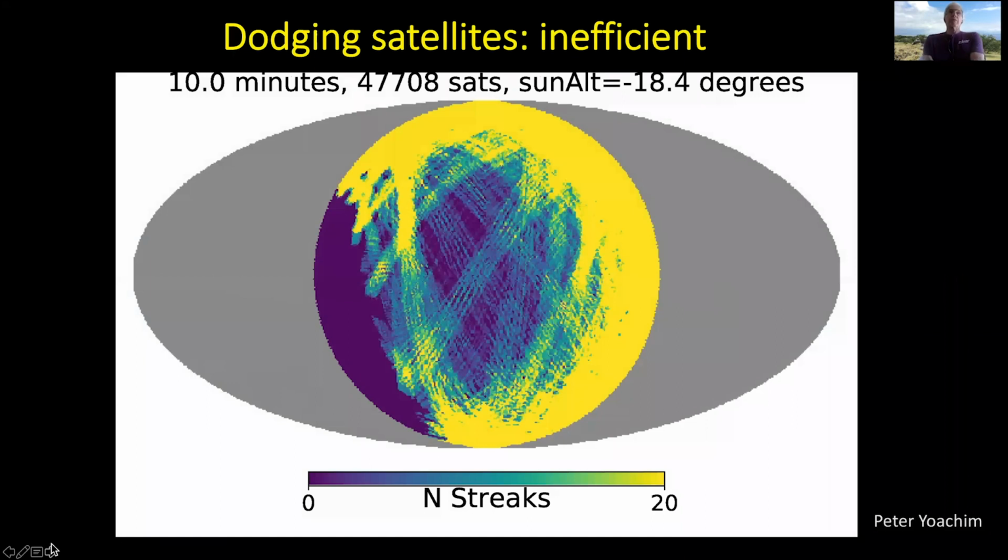First, however, Peter Yoachim did an interesting simulation where he simulated the number of LEOsats that have been requested by SpaceX for their system, which is around 40,000+ eventually in their build out. And this is a plot showing how they would appear from Cerro Pachón. On the left, you see the terminator moving in, and the gray is below the horizon. You see there are a few places you might look briefly, but in the next slide, you can see that